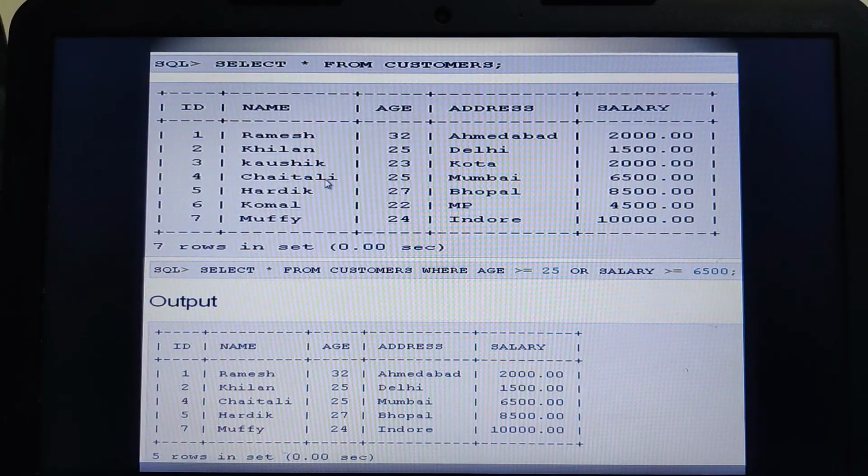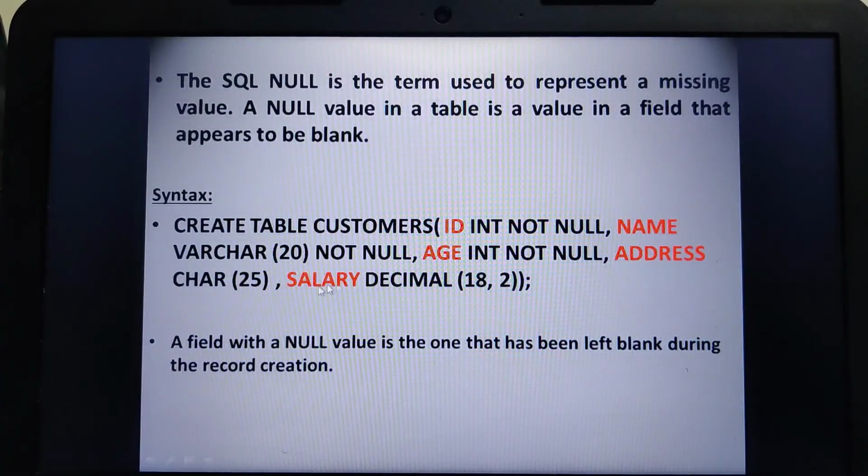I cannot leave them blank. Understood? That is what NOT NULL is doing. For address and salary, I have not mentioned any constraint, so these two columns can accept the null value.